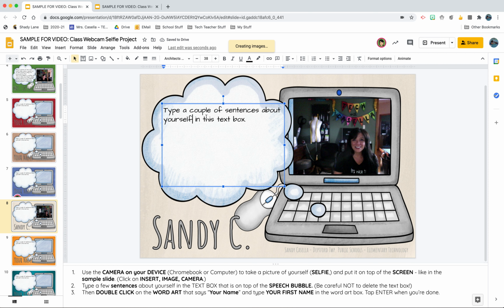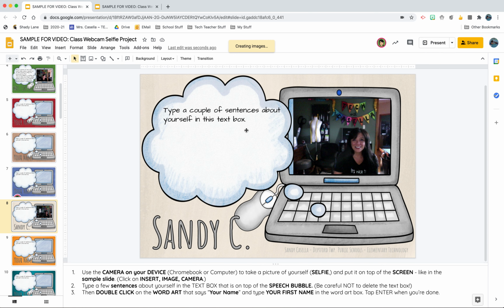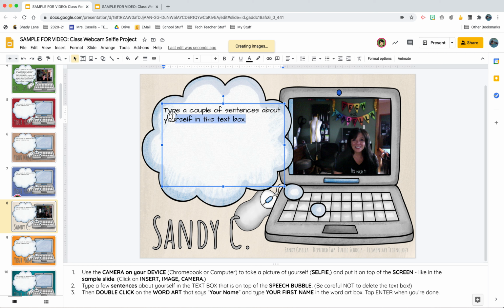Then click here. This is a text box. So when you click here, make sure you do not accidentally delete the text box. What you want to do is click in the text box, highlight this here. You don't have to hit backspace, just start typing. If that is highlighted, then it will just disappear. You could say something like, this is a picture of,